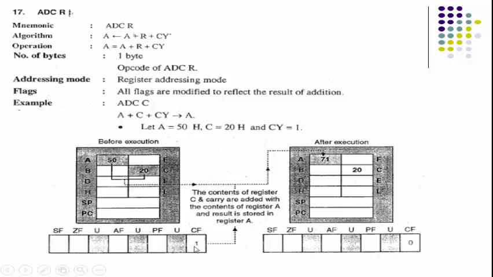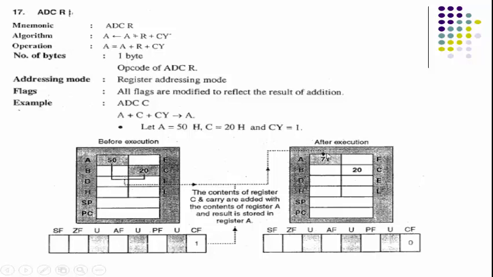The carry flag bit is set, so the addition result you will get in the accumulator, that is 50 hex plus 20 hex plus this logic 1, that is 01. So 50 plus 20 plus 1, you will get the addition result